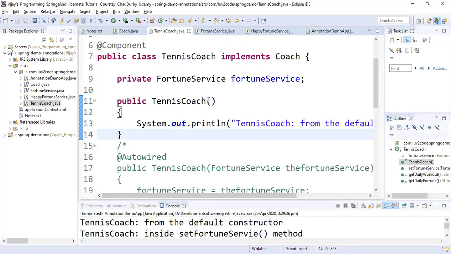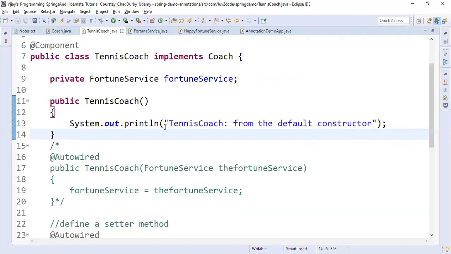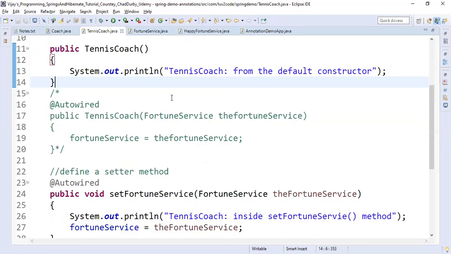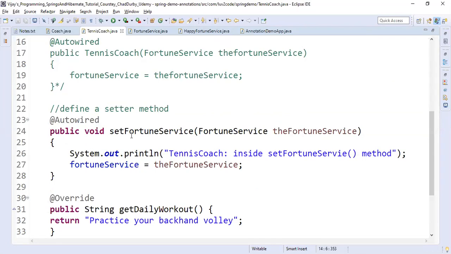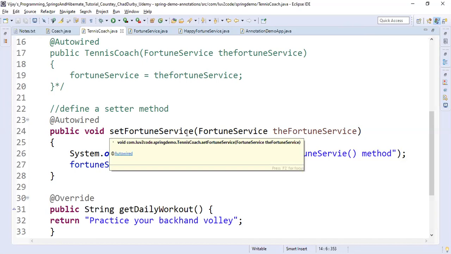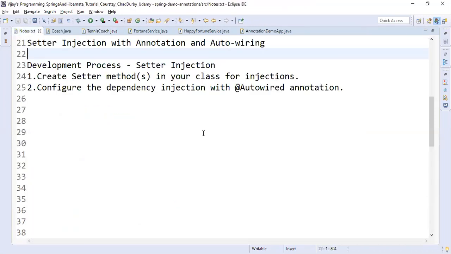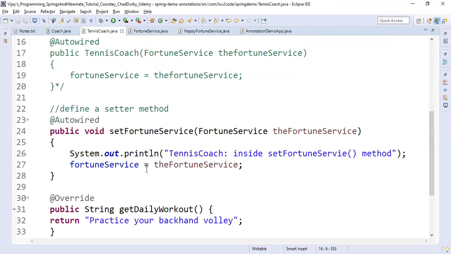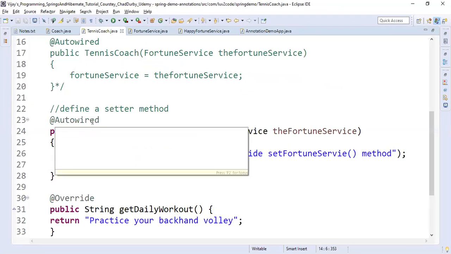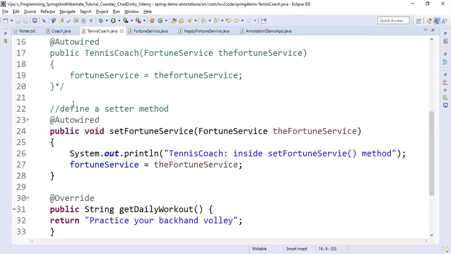In this TennisCoach itself, we have accomplished these two steps: the setFortuneService method for dependency injection, and the @Autowired annotation.